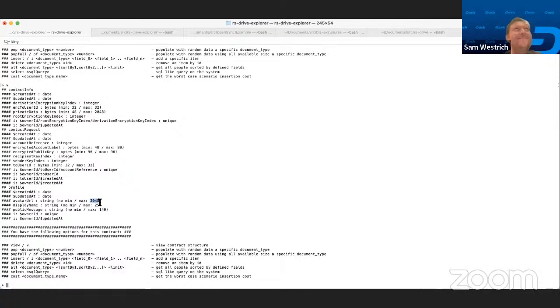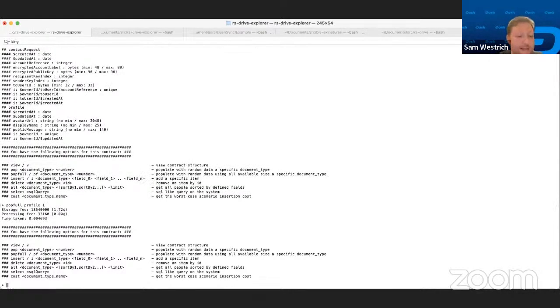8,192 or something. I don't know. So yeah, and we can actually show that really quickly with a pop full. So pop full is basically going to make a full item that isn't a random avatar URL. It's a random string, but of 2048 characters, but they're ASCII characters. So they're 1 byte each and not 4 bytes. So popful profile 1. And you can see here that